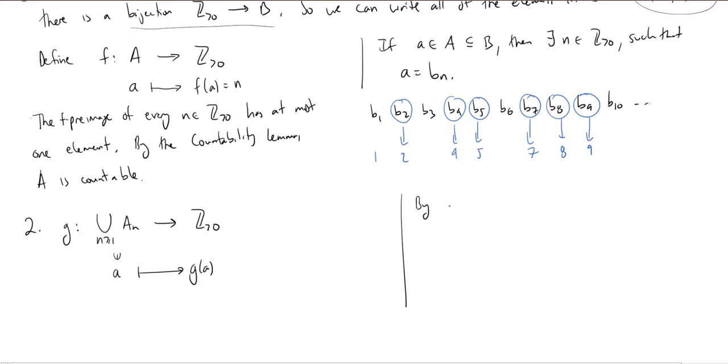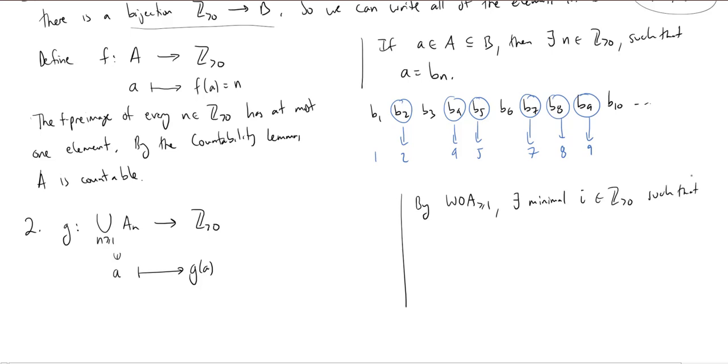By the well-ordering axiom, remember we abbreviate that WOA, and we can use the greater than or equal to 1 version here, every one of these sets is indexed by something at least 1. If I take this little a in the union, it needs to appear in at least one of the A sub n's, but it might be in many of them. But by the well-ordering axiom, there is a first A sub n that it appears in. So there exists a minimal I, greater than or equal to 1, or if you like, a positive integer,